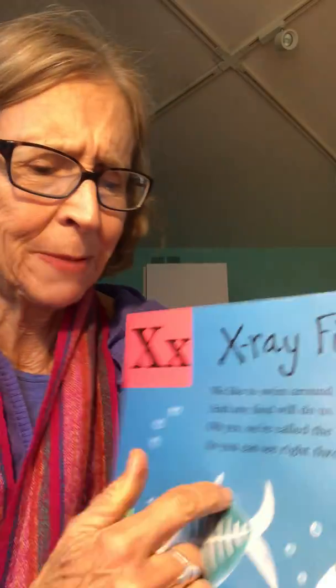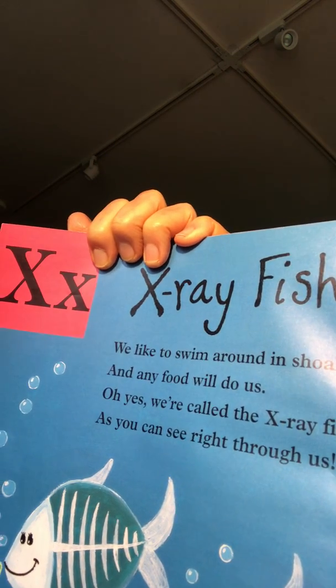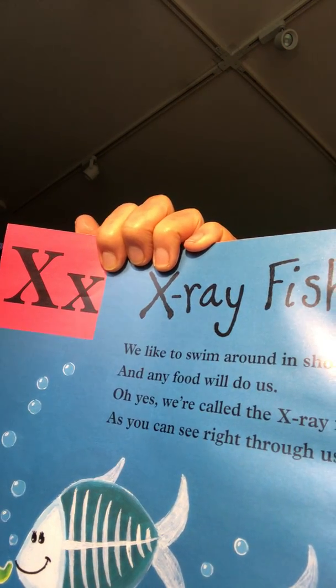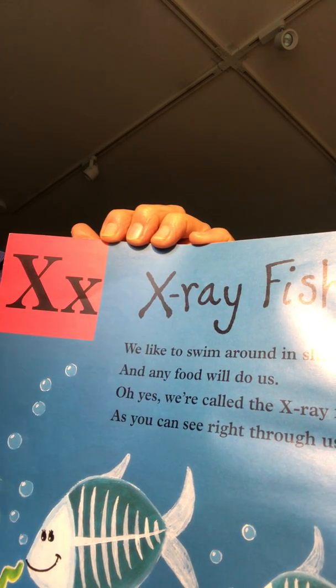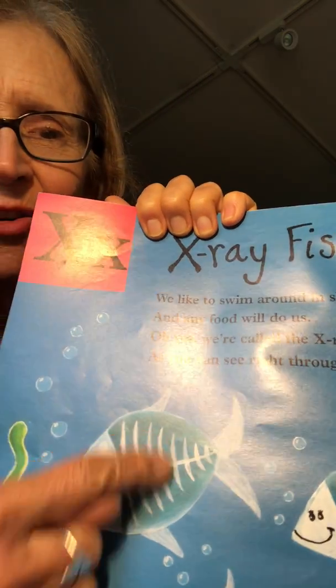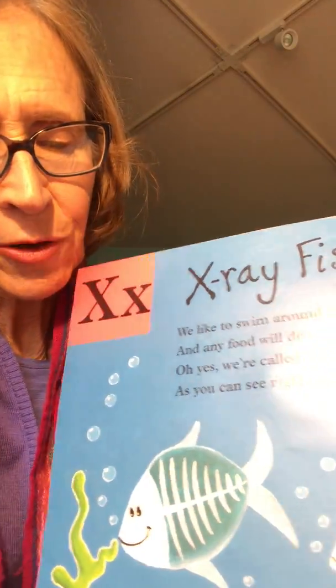I think there must be, but let's read the poem again. We like to swim around the shoals, and any food will do us. Oh yes, we're called the X-ray fish, as you can see right through us. See that? You can see right through these fish. You can see their vertebrae and all their vertebrae and their spines. Okay, so now the next thing with X is